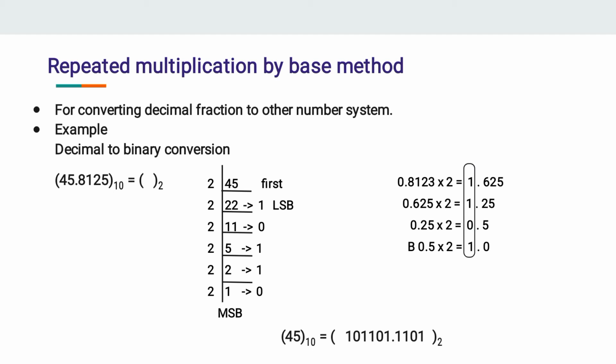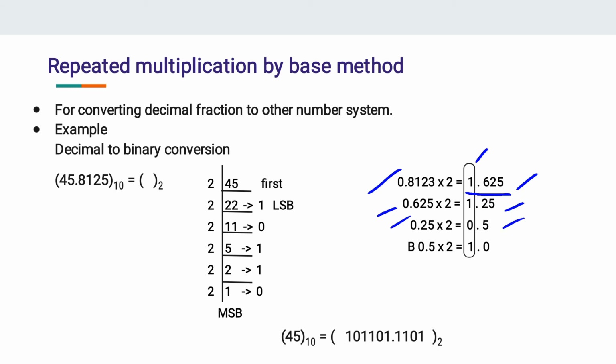So first, I multiply it by 2, I will get 1.625. I have to drop 1 here, I have to take only 0.625. When I drop 1, the place of 1 will be covered with a 0. So for the next iteration, I have to take 0.625 into 2. After calculating, I get 1.25. Again I have to drop 1. I have to take the remaining, that is 0.25 into 2.